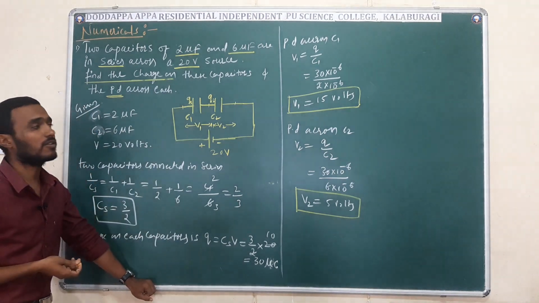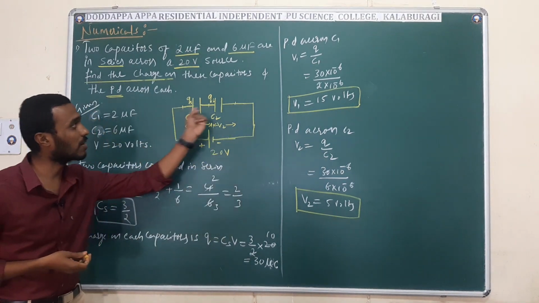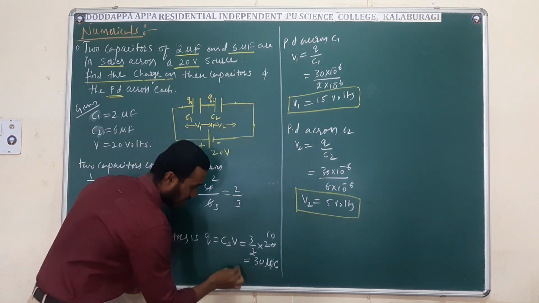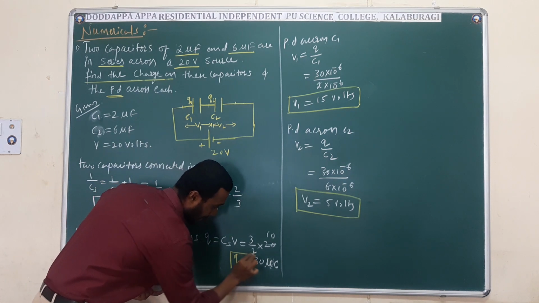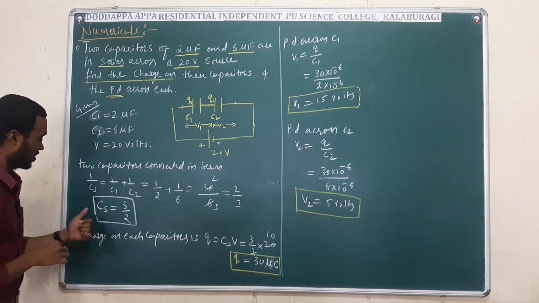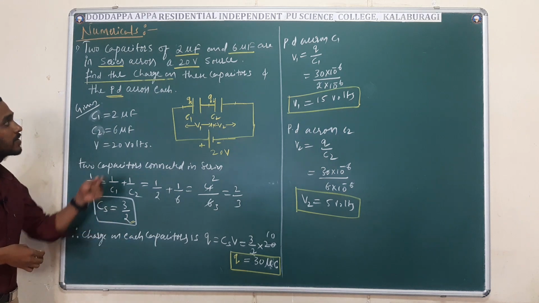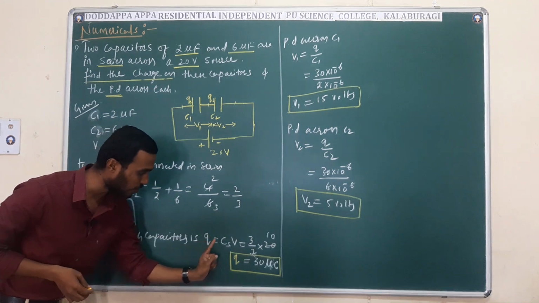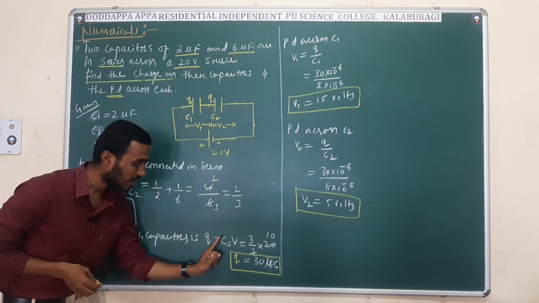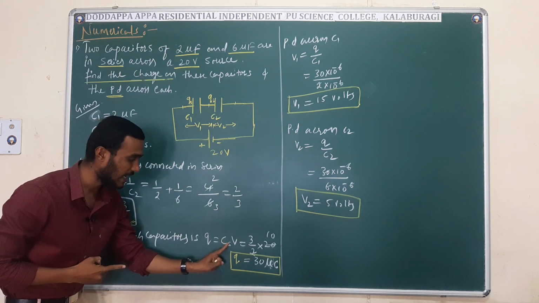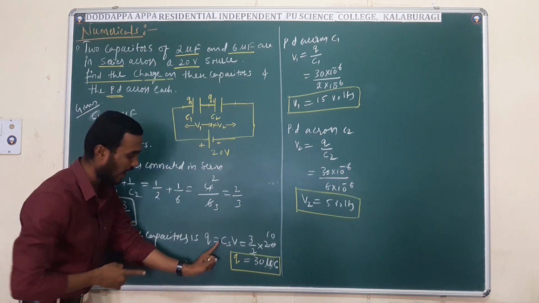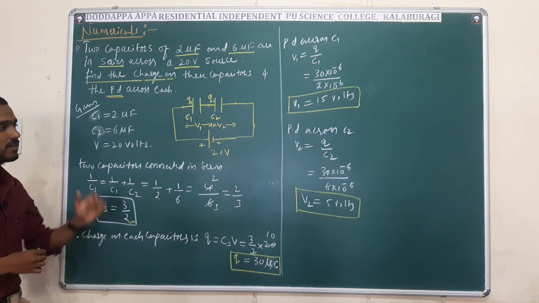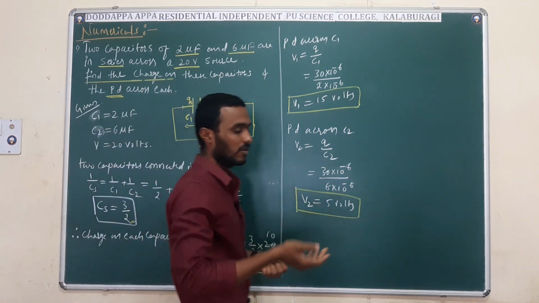You may apply the same method to n number of capacitors, right? And this is what we have done here. He has asked to find the charge on these capacitors. So charge is given by the formula Q is equal to CV. Which C is it? The capacitors are connected in series, so I have written C. If these capacitors were in parallel, I should write Cp, the parallel formula. This is the method, right? So we'll go for the next one.